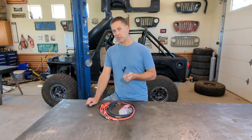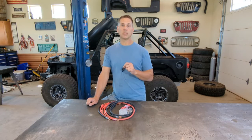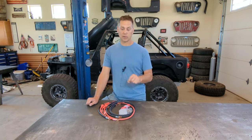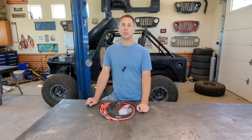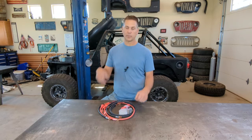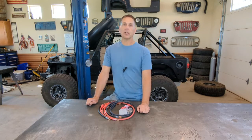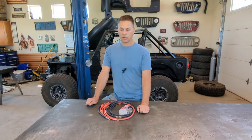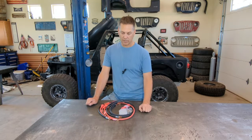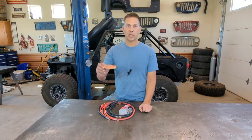Now, one thing you guys need to understand when doing battery cables, if you're going to make your own: when it comes to vehicle battery cables, you do not want to solder the connections. You need to crimp them with a hydraulic crimp, or I suppose you can get a hammer crimp and do that, but you do not want to solder joints on a vehicle because they will crack and fail over time, almost guaranteed. So with that out of the way, I'm going to let you know the vendor I went with,